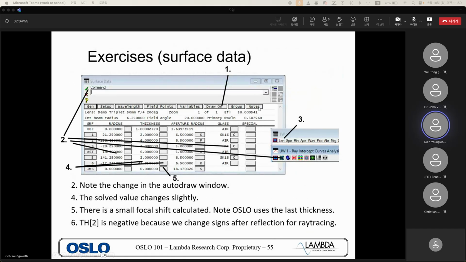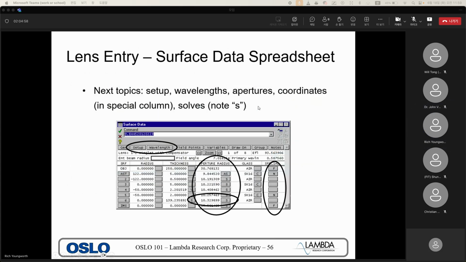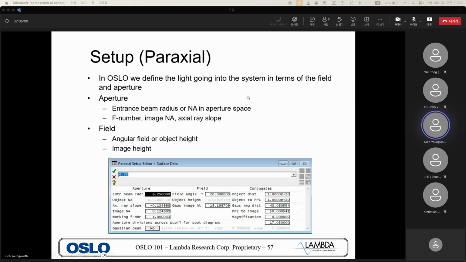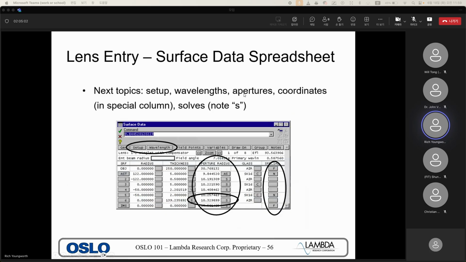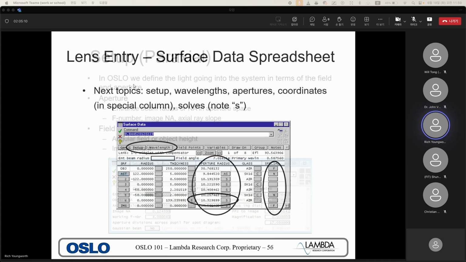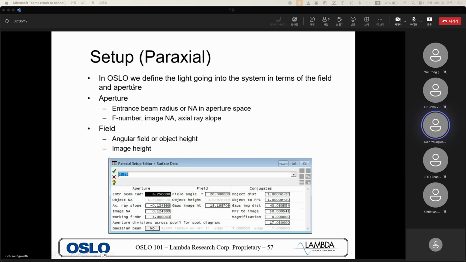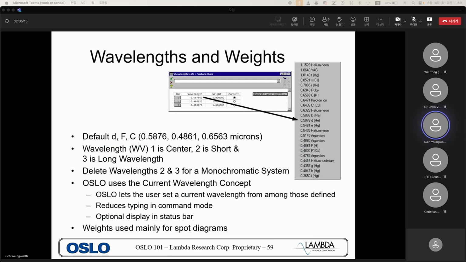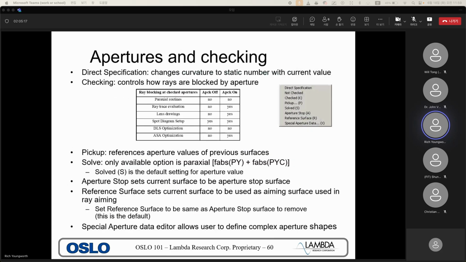So here's the exercises with the surface data and surface data spreadsheet. So we're a little bit behind, not too far, about 10 slides or so. I don't want to go over very much because it's different time for different people. The next time we'll just basically go through the setup, which is another button. We'll do a little bit more on wavelengths, and apertures need to be talked about separately from the other columns